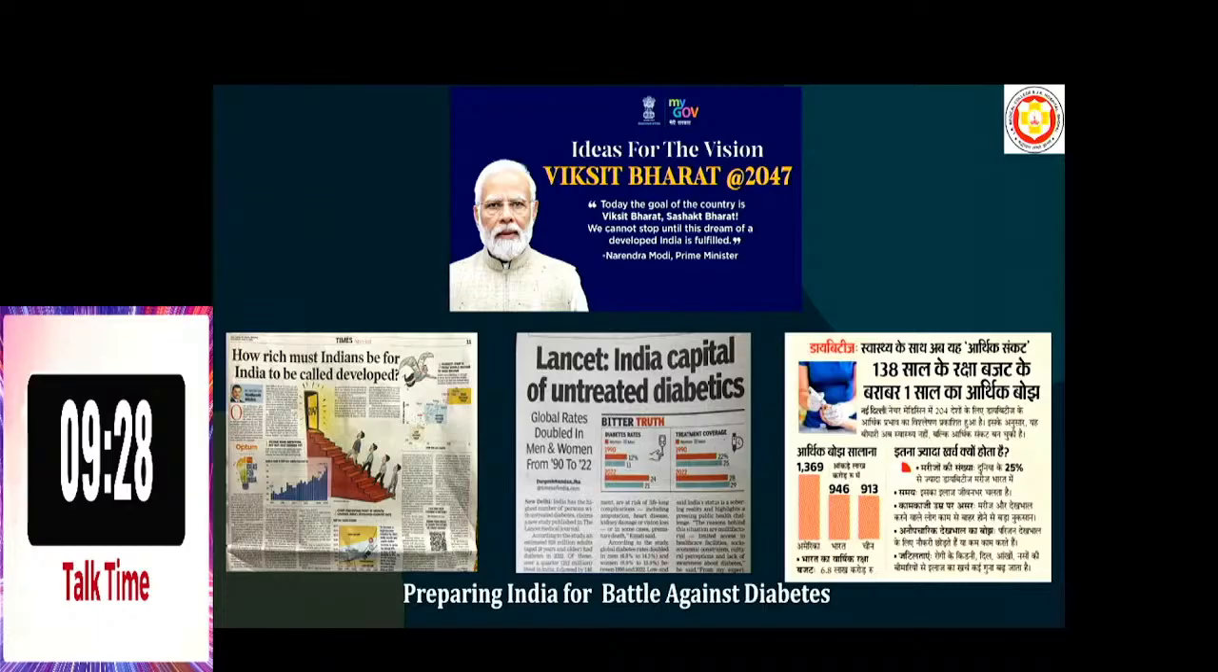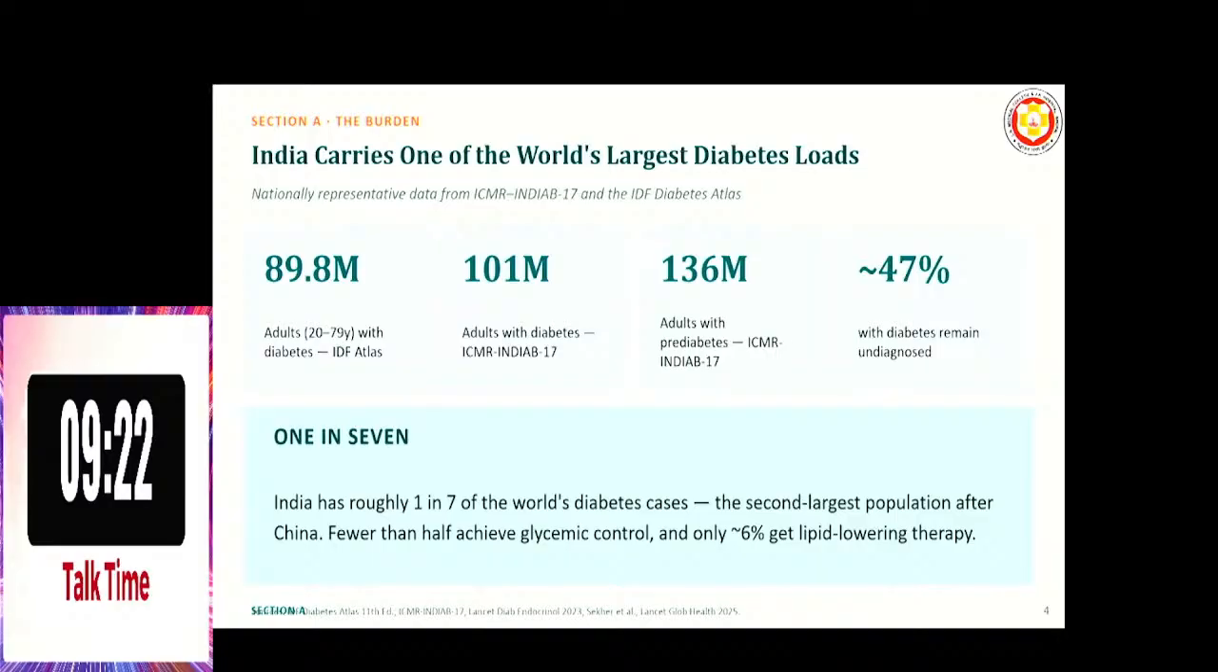So it is probably something which we are not understanding. So let us discuss something about it. So India carries one of the world's largest diabetic loads. चाइना के बाद दूसरा नंबर हमारा है। नंबर चाइना के पास ज्यादा है, लेकिन दुनिया में जो अनट्रीटेड डायबिटीज है उसमें सबसे ज्यादा नंबर हमारा है। ये केवल बाहर का डाटा नहीं कह रहा, केवल आईडीएफ का एटलस नहीं कह